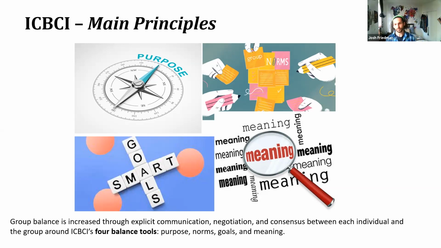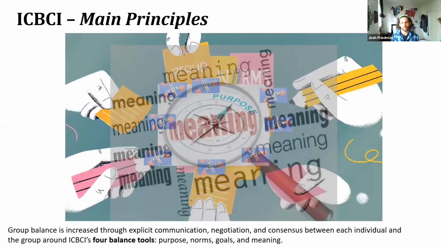This is all of those images standing alone, but we know that this is a more complex and dynamic process. So metaphorically speaking, your norms set the space of your group activity. Your purpose remains your central touch point. Why are we here? What are we doing? And your goals map out those little spots along the way that you happen to be going. And then throughout the entire process, everybody involved is constantly appraising.